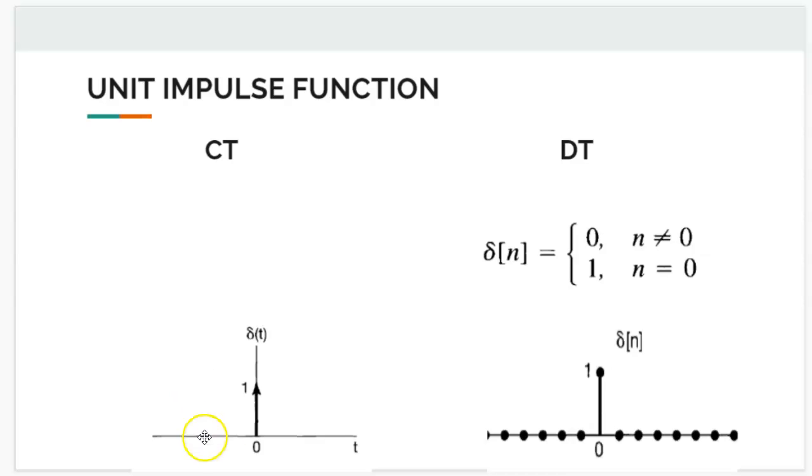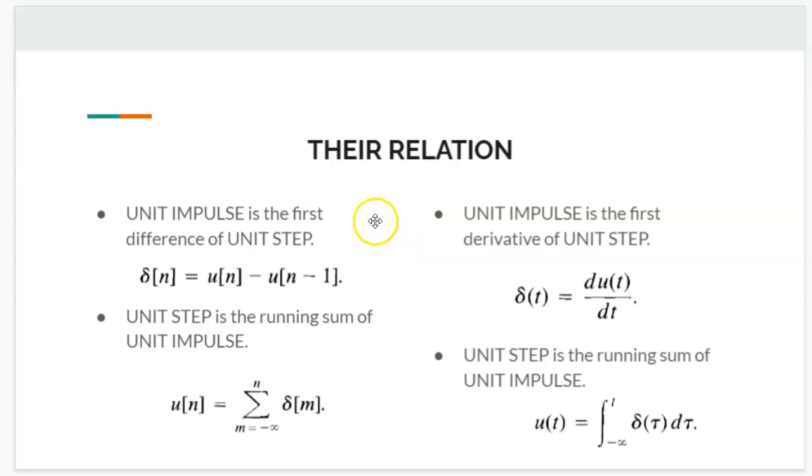And in continuous time, first of all, let me try to define this. It is 0 for all t except t equals 0, and the integral of this along the entire region is equal to 1. So this is how delta of t is defined. But this will become more clear once we see the relation between this impulse function and the step function, and once you compare the analysis of the discrete and its continuous counterpart, then you will get a better understanding.